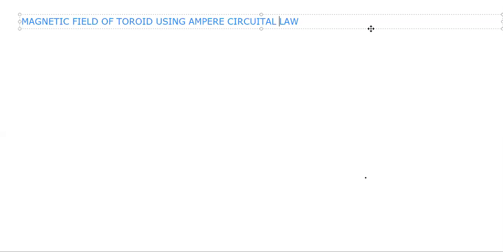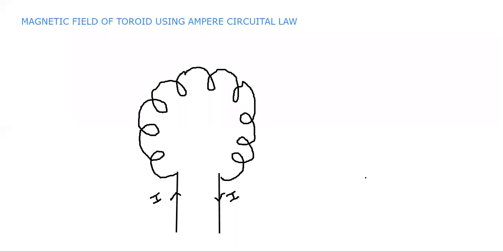Now, see, a solenoid was a coil of helical structure, or you can say a coil of cylindrical shape. A toroid is exactly similar to a solenoid, but its shape is different. A toroid is a circular coil, or you can say in the shape of a donut. So a toroid is a coiling of wire in a circular shape. You will call it a toroid.